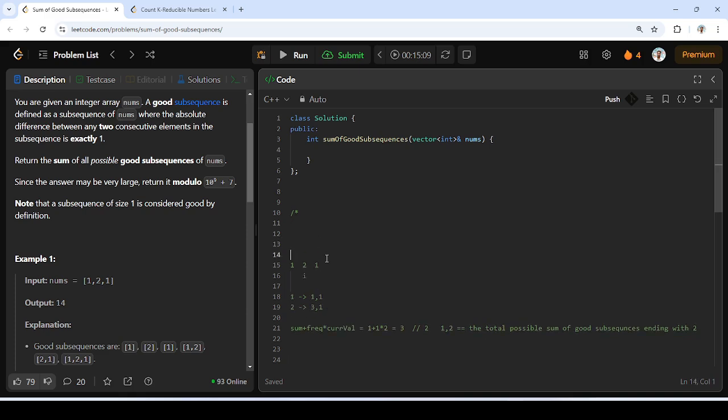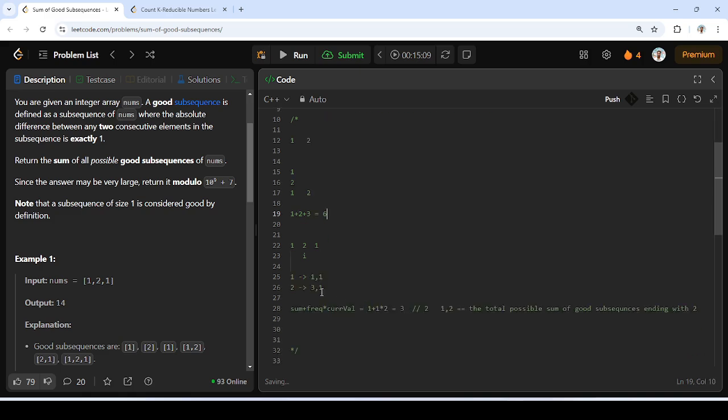Because for example 1 2 was the numbers array, right? So here if I follow the rule and get the answer, then that will be just 1 2, 1 2. That's it. That's all I can have, and the total sum will be 1 plus 2 plus 3, that is 6, which is nothing but